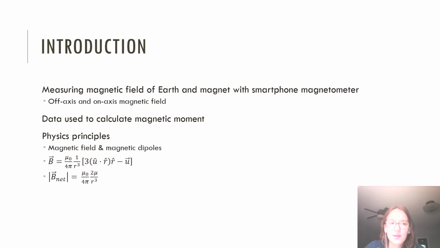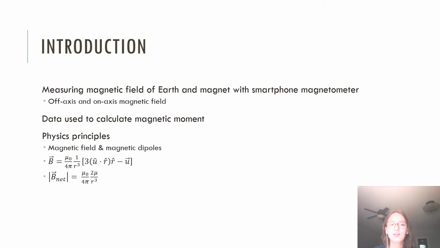So in Lab 3 we used a smartphone magnetometer to measure the magnetic field of the Earth and of a magnet. We measured the magnetic field on axis and off axis to the magnetometer. The data for the on-axis measurements were used to calculate the magnetic dipole of the magnet, and that was then used to calculate the magnetic field off-axis to